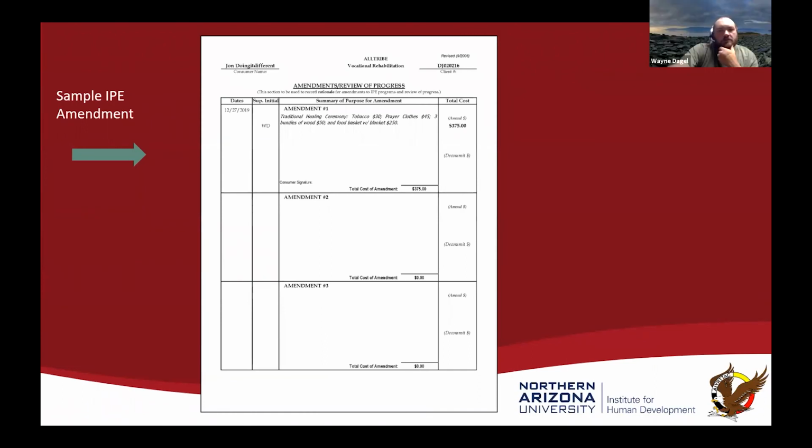And so here's an example of an amendment. Again, it captures amendment review of progress, date, the initial, what's the amendment? So we're going to do a traditional healing ceremony, tobacco, prayer cloths, 3 bundles of wood, and food basket for a total of the amended amount